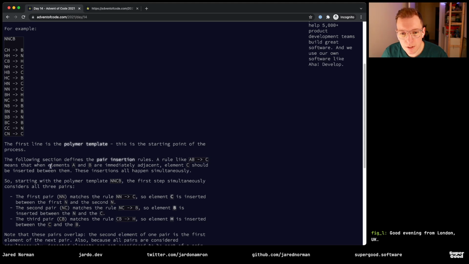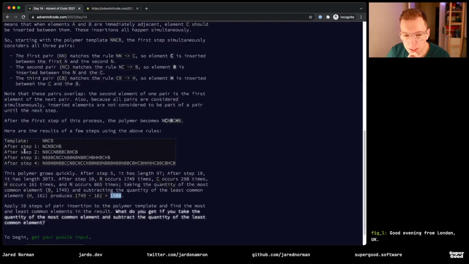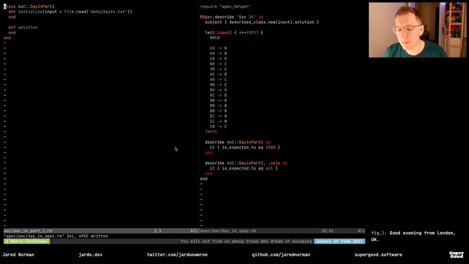A, B, C means that when A and B are immediately adjacent, element C should be inserted between them. Okay, so we're inserting things. Can we just like gsub this thing? I mean, I feel like we're just gonna have to do the whole rest of it. It's gonna become too slow or something, but